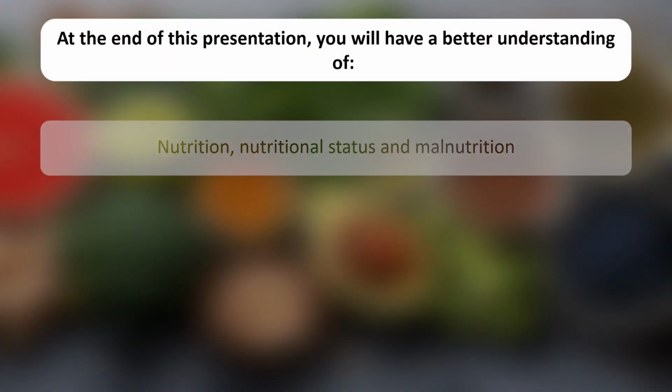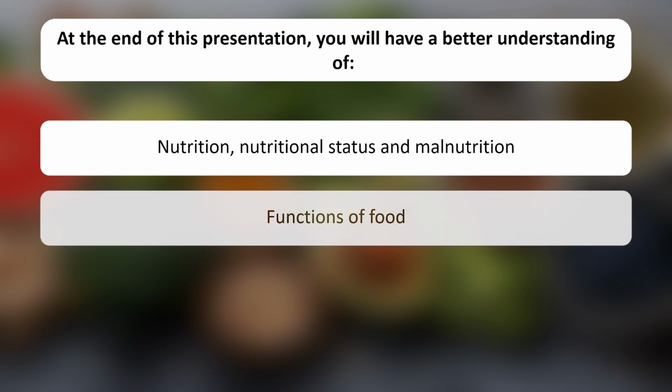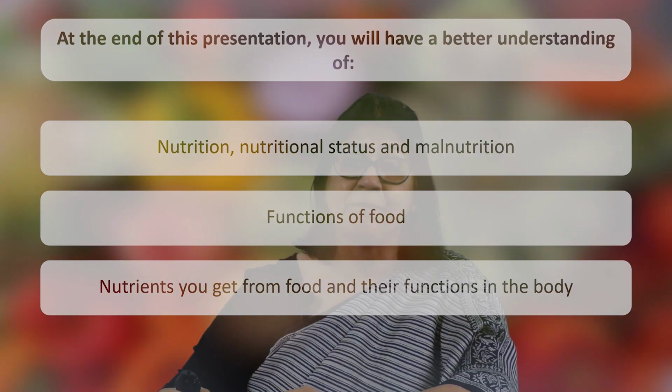Therefore, in this lecture today, we will first take you through what is nutrition and the concept of nutritional status and malnutrition. Part of the lecture you may have already gone through in our earlier sessions. You have been oriented to the functions of food, to the nutrients present in foods, and their functions in the body. But to be able to understand the concept of nutritional status and malnutrition, let us recapitulate these concepts once again here in this session.